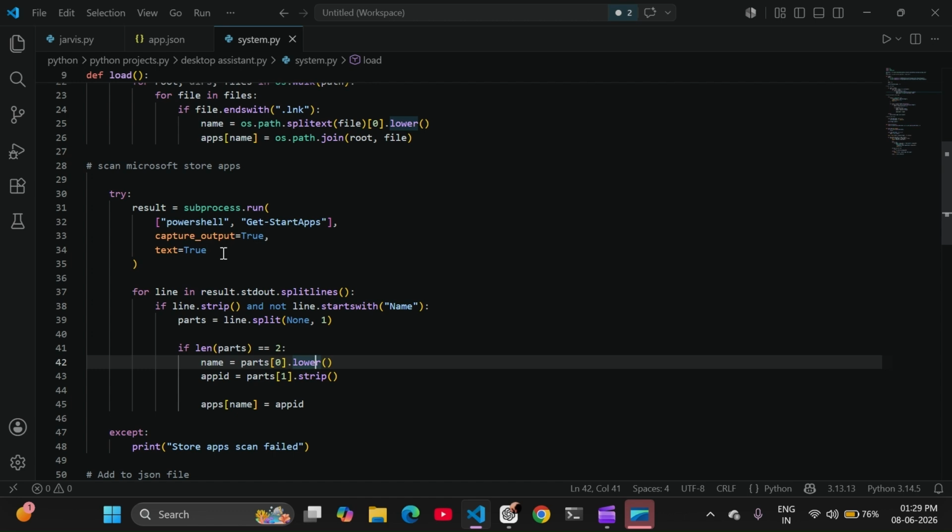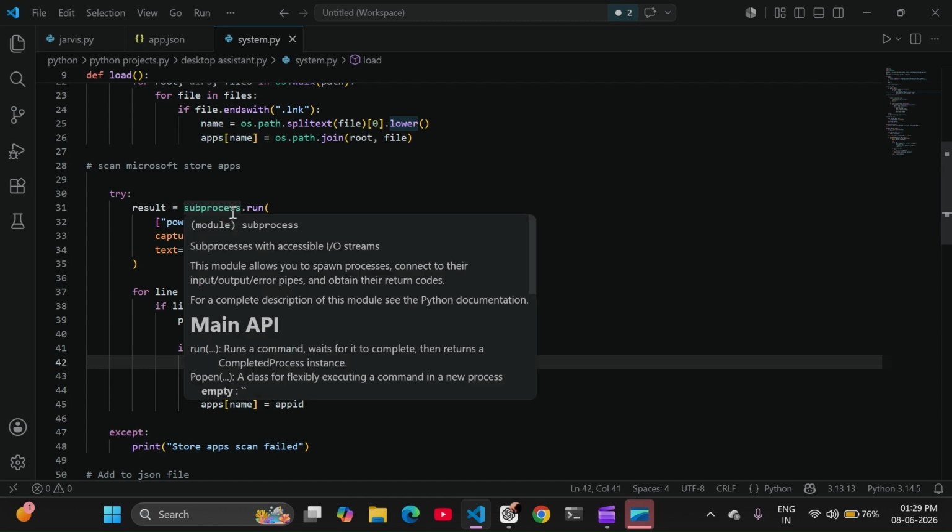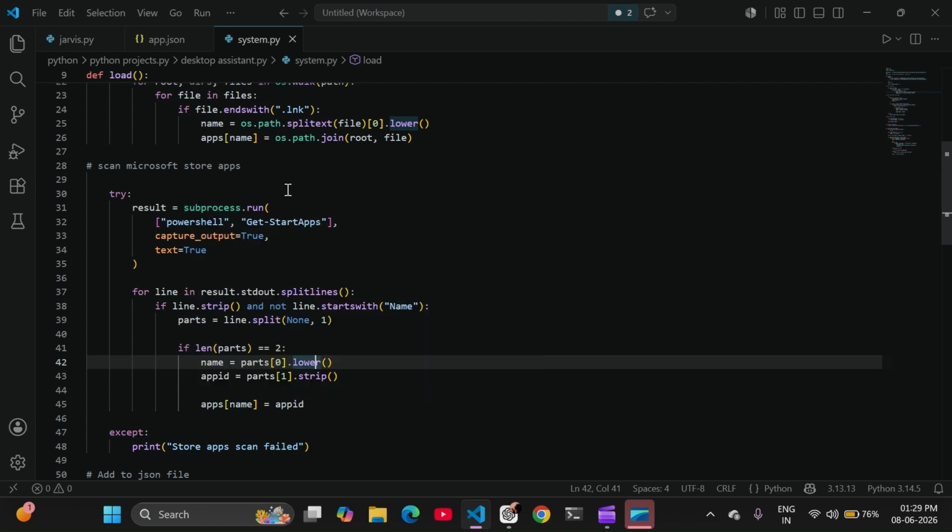It will give you output as a string from the command terminal. By giving this command, you will get a list of all the applications saved in Windows. Then it will store into result.